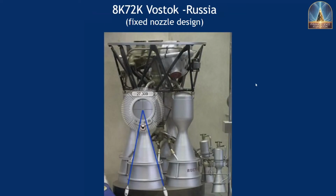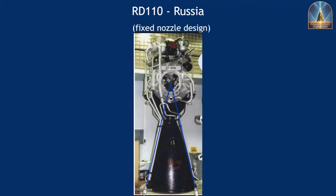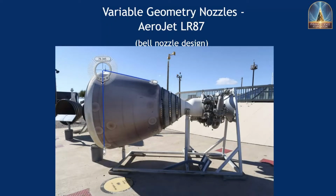These are what are called fixed nozzle designs. And again, all of these rockets ultimately have a speed that's higher than the speed of sound, or Mach 1, because they have divergent nozzles. Each and every one of them, though, with this golden ratio scaling geometry. So this is a fixed nozzle design, another Russian fixed nozzle design rocket, and a third one. And we're going to also show America has